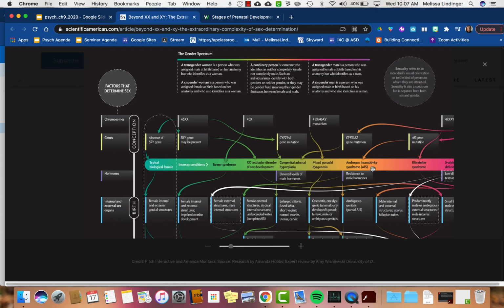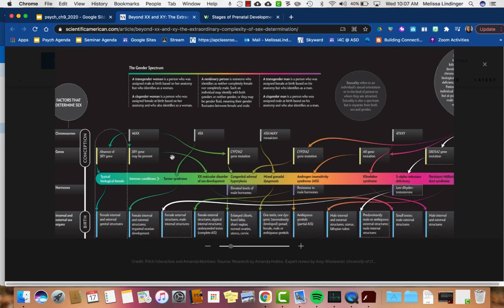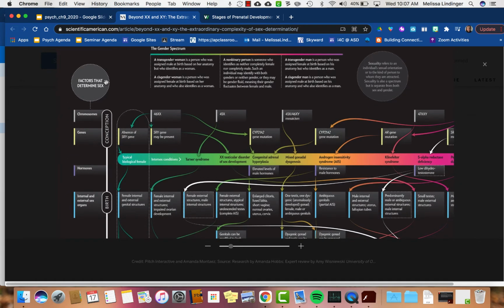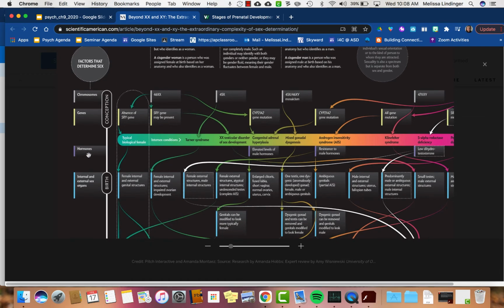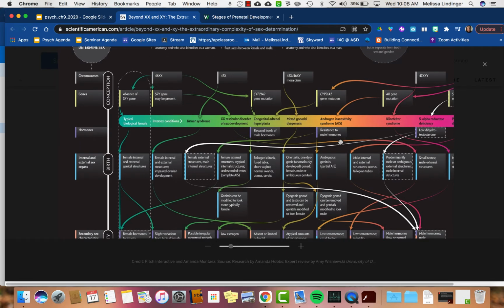So you might already be familiar with the gender spectrum, but you may not be familiar with the notion that physical sex characteristics as well can happen on a spectrum because of a variety of chromosomal or genetic anomalies or mutations. So just real quickly to review, factors that determine sex starting at conception are chromosomes, like we just discussed, genetics. During the prenatal period, the influence of hormones can also play a role in the development of sex characteristics. If there's elevated levels of male hormones or resistance to male hormones during the prenatal period, that can also, again, affect